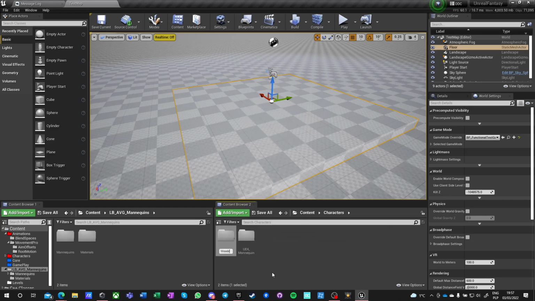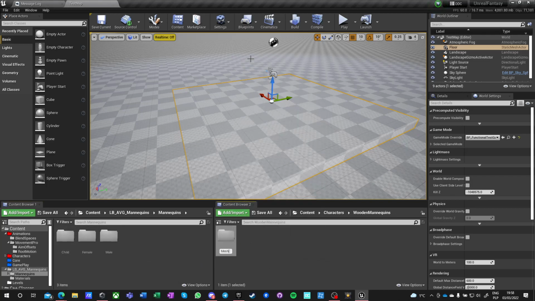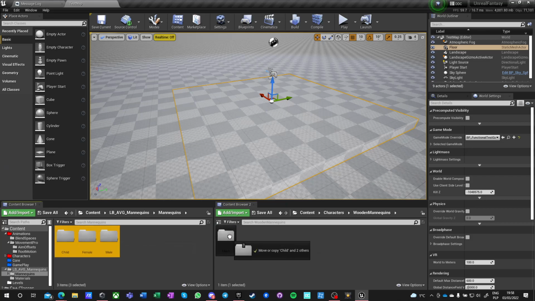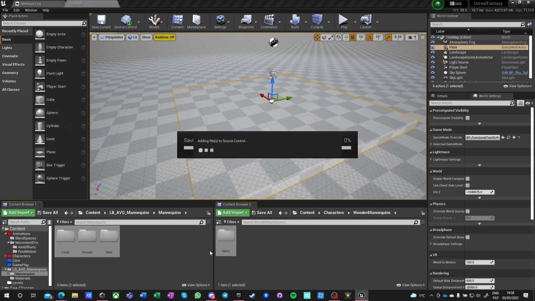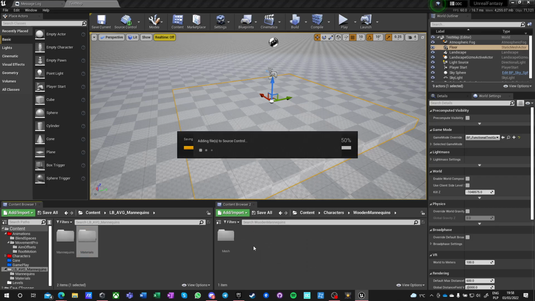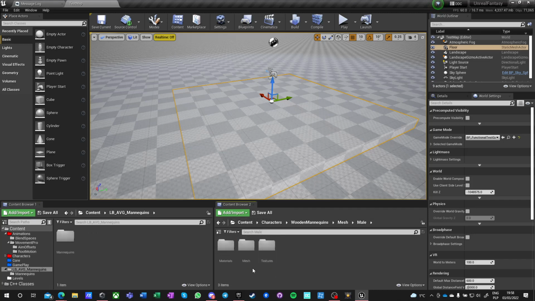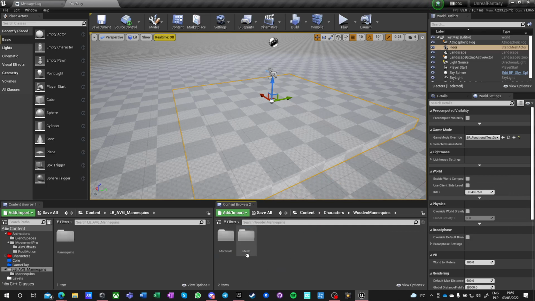Let's make wooden mannequins. Okay, and go here. Let's say mesh. You want to move all those three here. Okay. Now let's go here and just move materials. And here someone probably has, okay, do all of them have